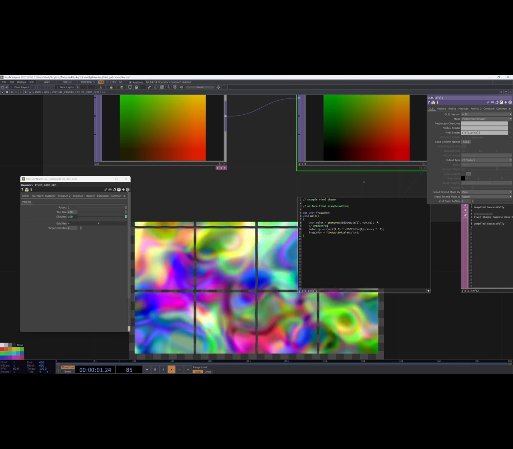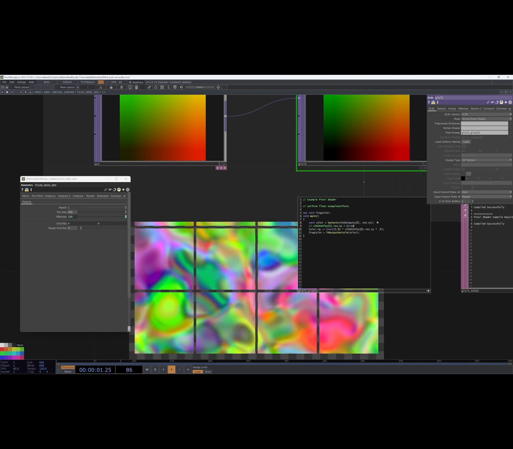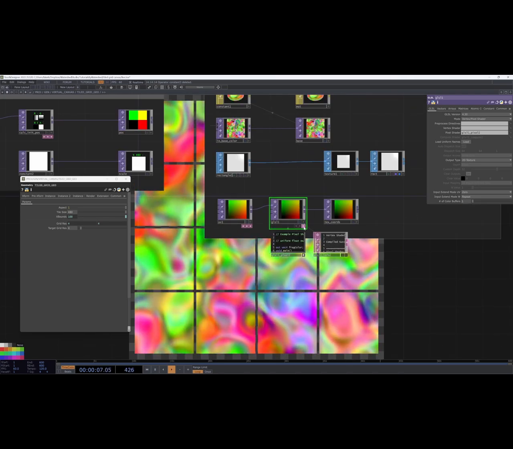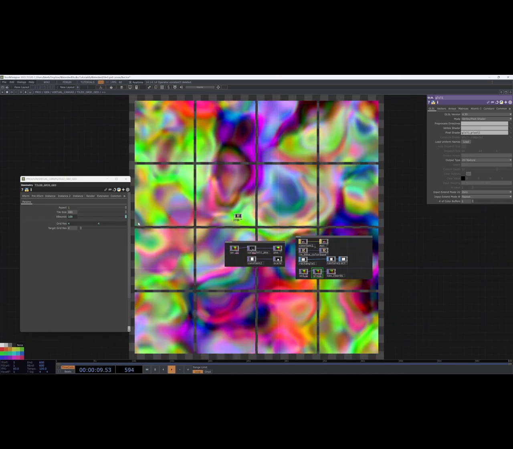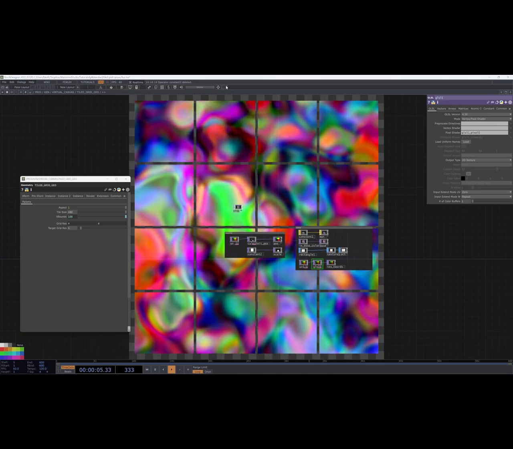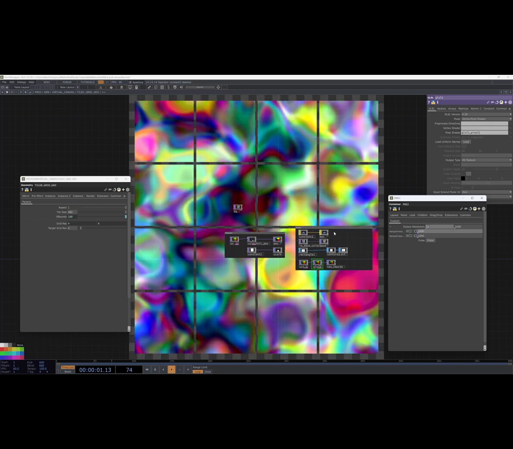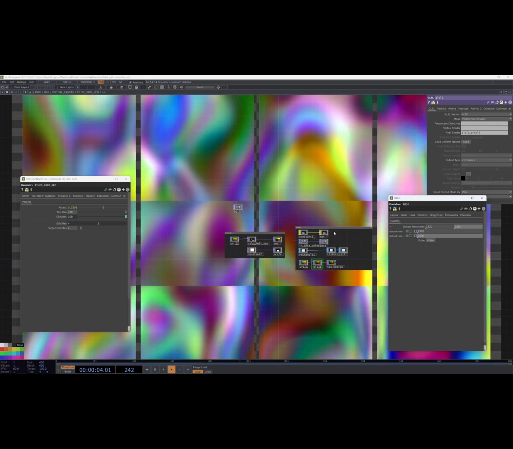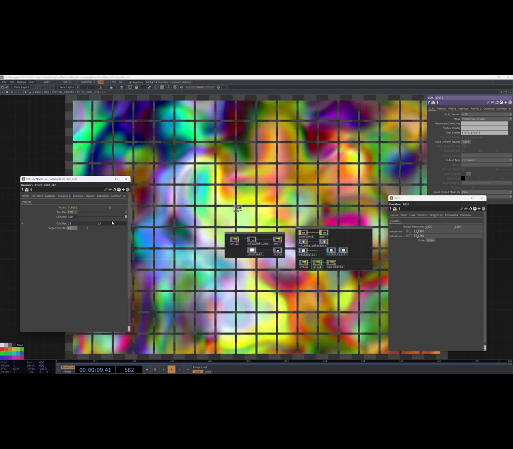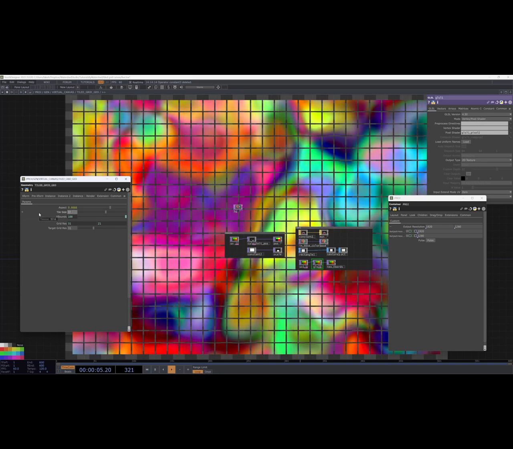uTD2DInfos[0].res.xy equals 1 over res, note. And so now we have a perfectly mapped mosaic grid tile system. I'll make my resolution back to 1920 by 1280. We'll drop down the size of our tiles and get some more tiles. Nice. Okay, so now I'll go back to my